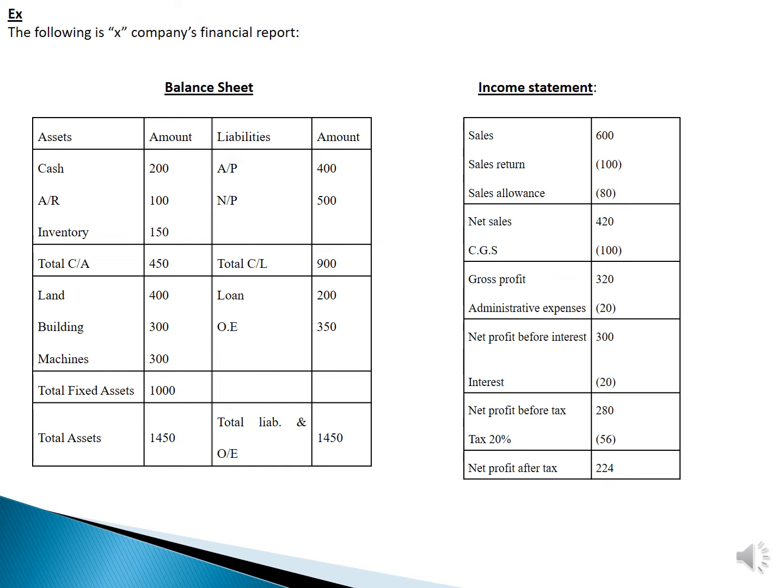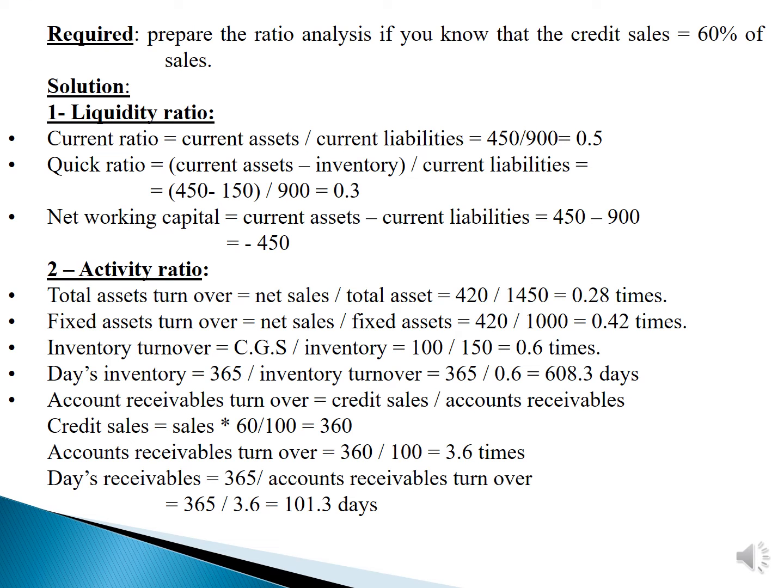This example. We have in front of us a balance sheet and income statement. Required prepare the ratio analysis if you know that the credit sales is 60% of sales. We are going to prepare the ratio analysis using the data we have. We are going to get the liquidity ratio, the activity ratios, and the debt ratios, and the profitability ratios. عندنا هنا balance sheet و income statement مطلوب مننا ان احنا نطلع liquidity ratios و activity ratios و debt ratios و